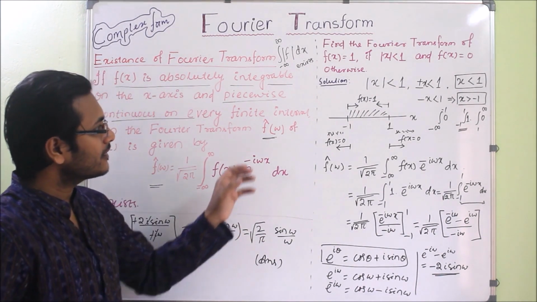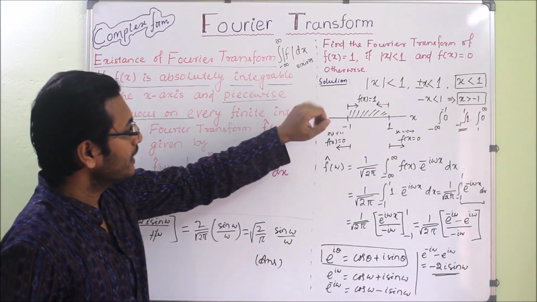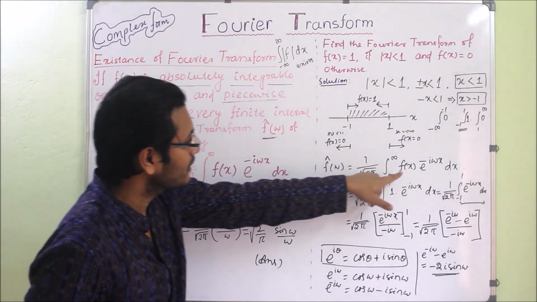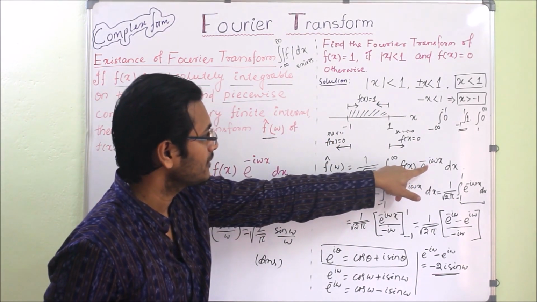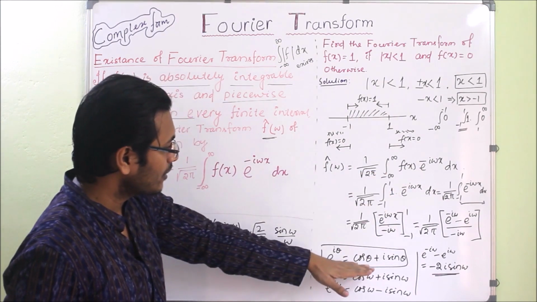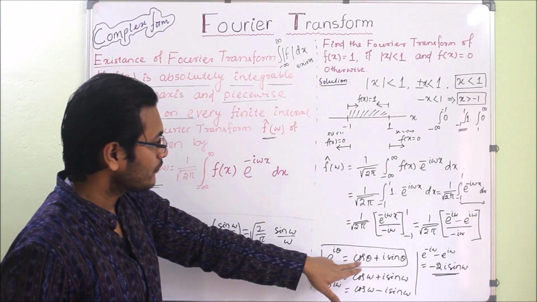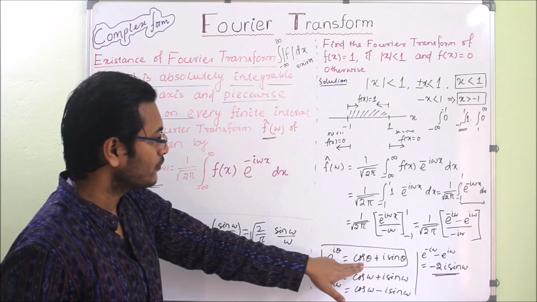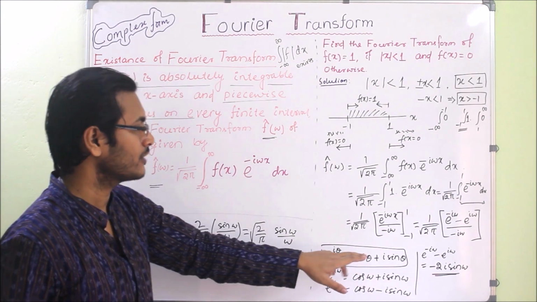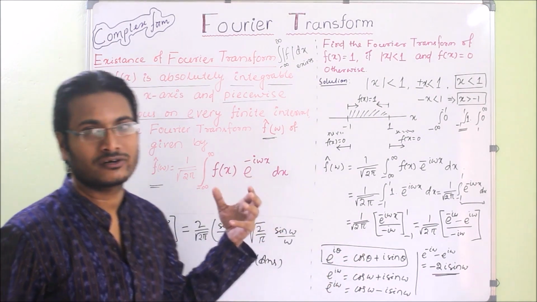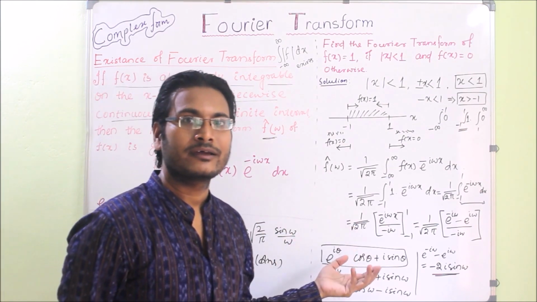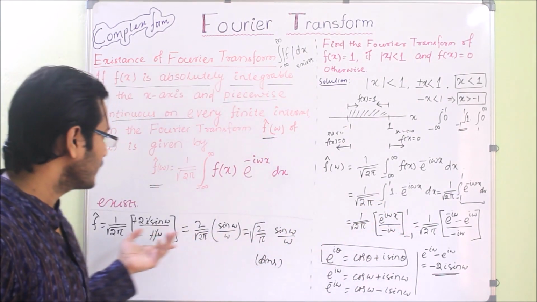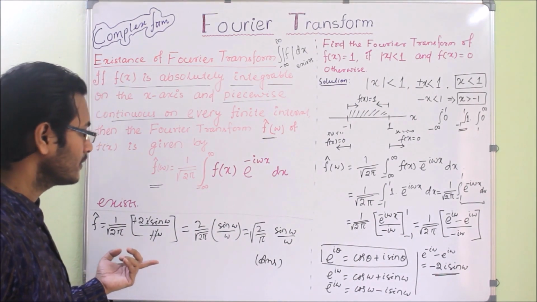So this will be our answer. So we can see the main points. Even if you are multiplying e to the power i theta form, we are applying Euler's formula. So remember always, Euler's formula is very important when we solve the complex Fourier transform, because in many cases it will come and we have to apply it and find the answer in this way, like we have done here.